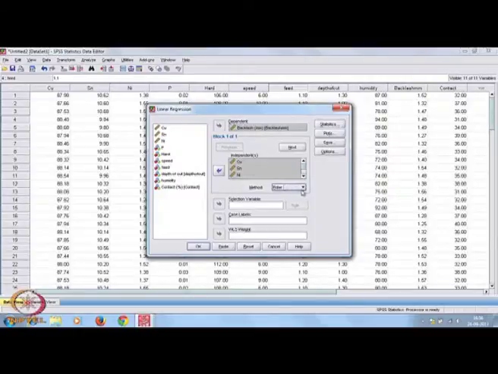If you want to go for stepwise regression, then depending on certain inclusion and exclusion criteria, stepwise regression will be performed. If you go for forward selection or backward elimination, that type of model is also possible. So, let us take only enter, because we want to see enter first.